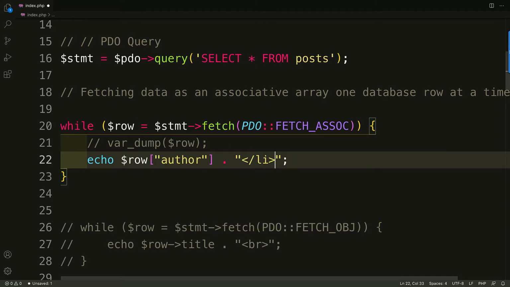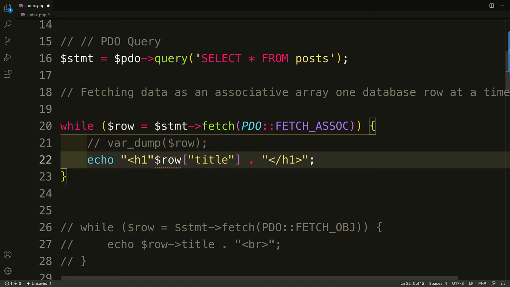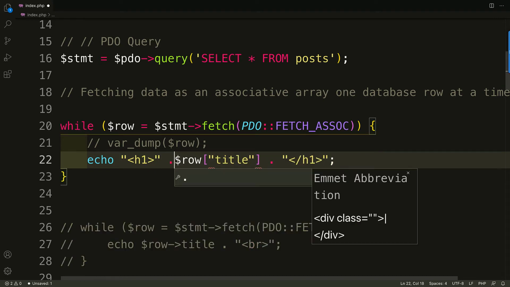We'll go back to the breaks here for a second, and we'll say, here's the title of the post. There it is. And we'll just put a break. In fact, we'll just make it an H1. So we'll put a closing H1 here, and an opening H1 there, and there,